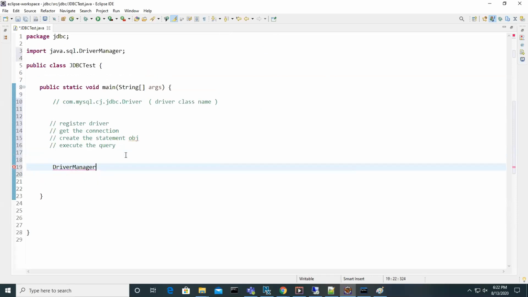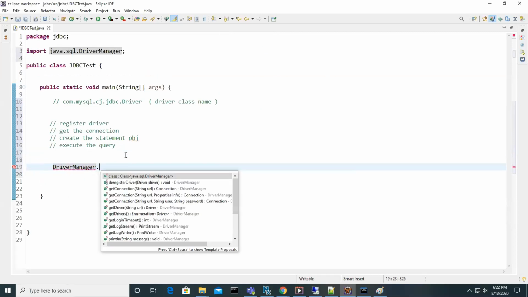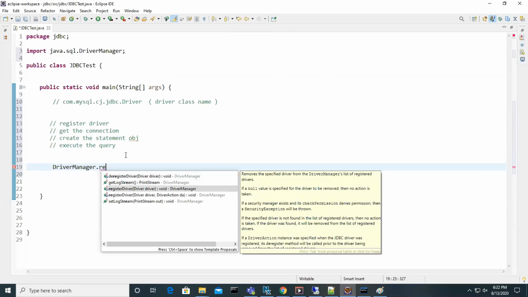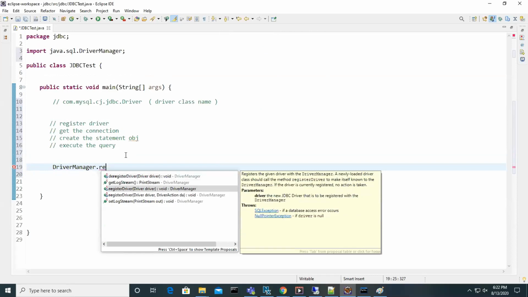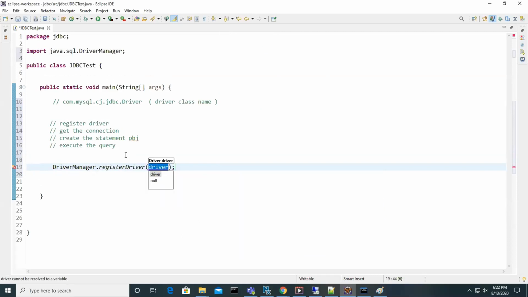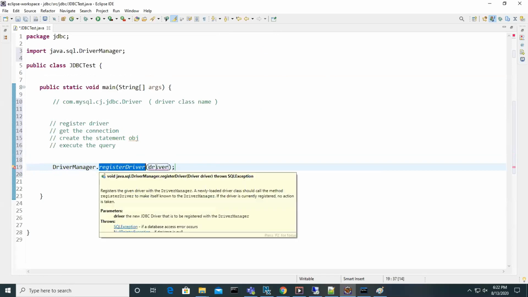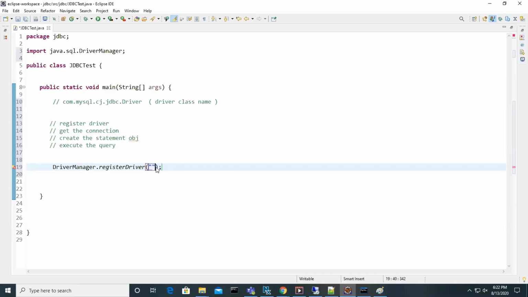Yes, java.sql. DriverManager has a method called registerDriver. Is this registerDriver an instance method or a static method, guys? Static, sir. Why is it a static method?